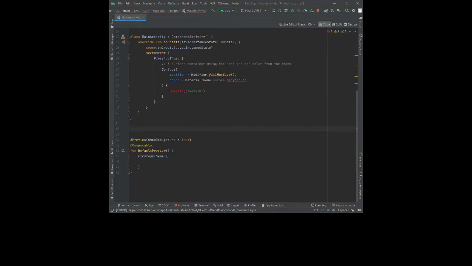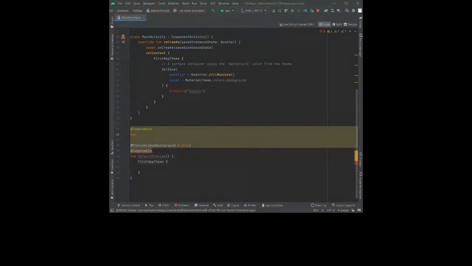Now I want you guys to create 5 composable functions like this: composable annotation, next function. First we have birthday poster, mm, birthday poster, like I'll put it, birthday button,